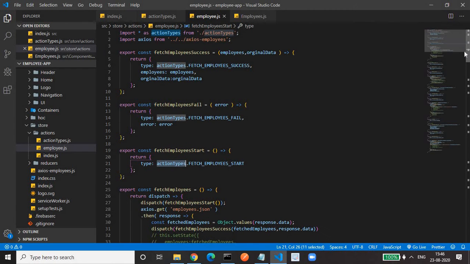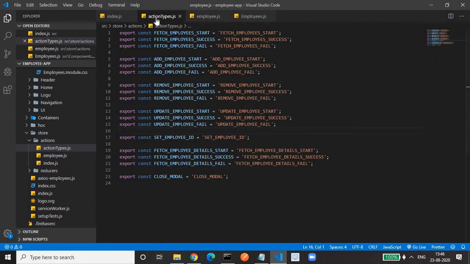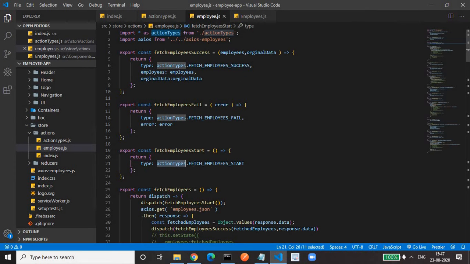If we scroll to the top, here we are importing everything, star means everything, as actionTypes. This is the alias for the action types file where we have defined them. So we are accessing this one, fetch employee start. Usually we name everything the same. So we are accessing that using actionTypes.FETCH_EMPLOYEE_START, because we have imported this.